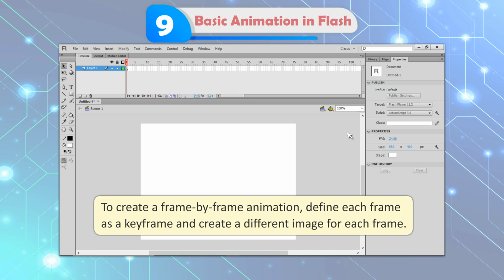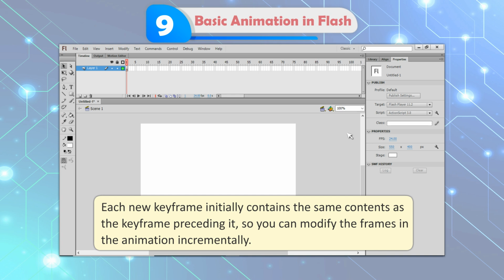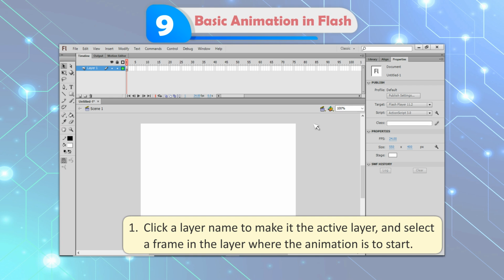To create a frame-by-frame animation, define each frame as a keyframe and create a different image for each frame. Each new keyframe initially contains the same contents as the keyframe preceding it, so you can modify the frames in the animation incrementally. 1. Click a layer name to make it the active layer and select the frame in the